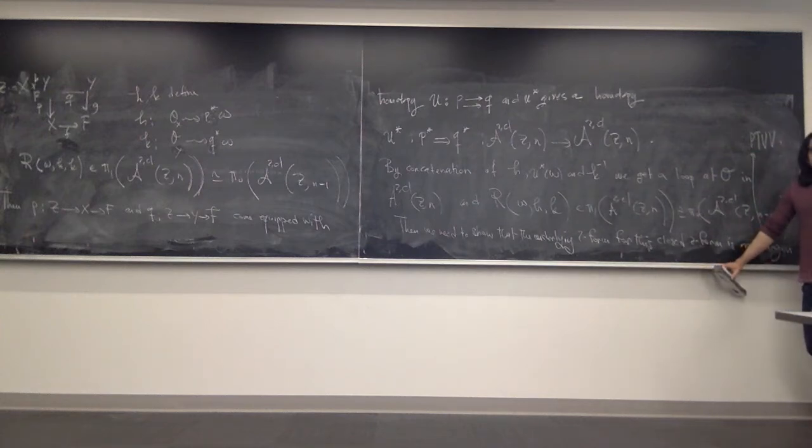If you think about the interval in terms of simplicial sets, it's a simplicial set that has 2 points in dimension 0 and one non-degenerate simplex in dimension 1. So it's a map from that to